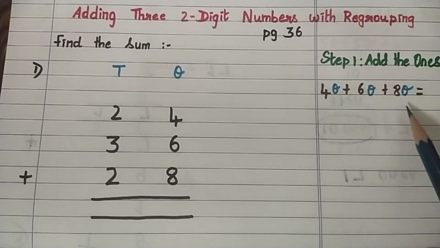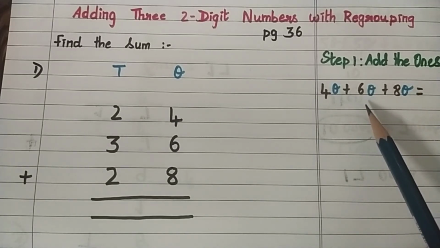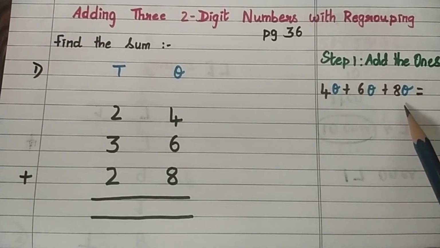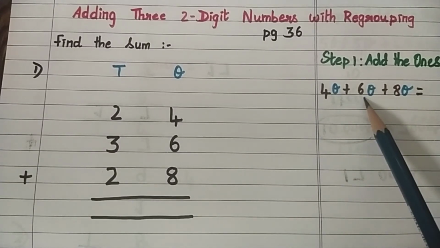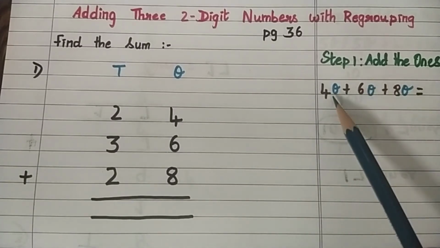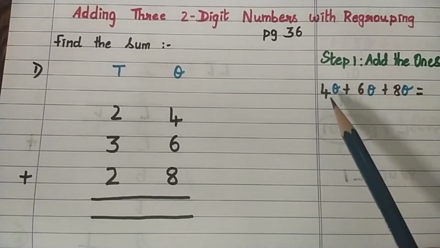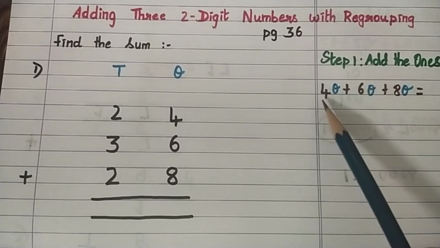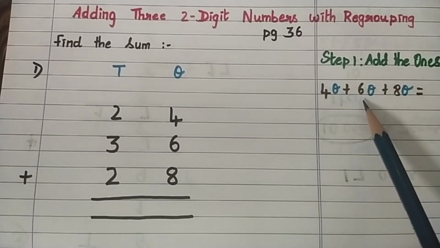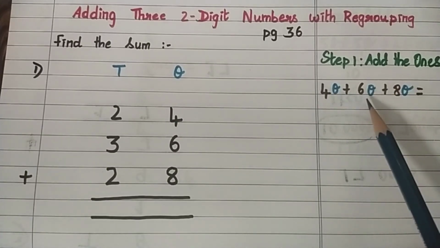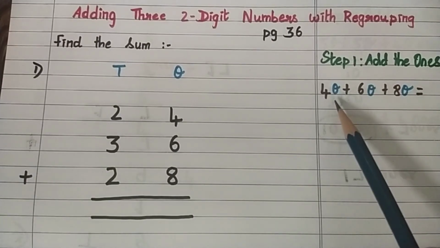Here, while adding 3 numbers, you all know that first we need to find which two numbers put together make a 10. Think, children, which is the biggest number? Yes, 8. 8 plus 6 makes a 10? No. 8 plus 4 makes a 10? No. So 8 is the biggest number, but it doesn't make a 10 with another number. So we need to check the next biggest number. What is the next biggest number? 6. So 6 plus 4 makes a 10? Yes. So 6 plus 4 makes a 10.